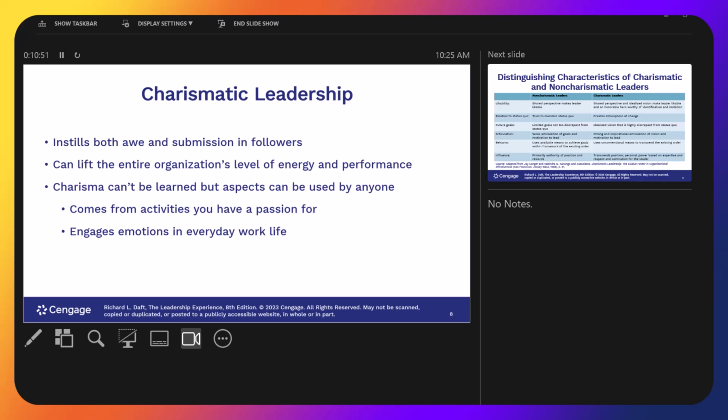When you have a charismatic leader, it's not like a light switch they turn on and off. They're charismatic all the time for the most part. And that's not something you can learn by reading a book. I've seen people who can be a charismatic leader and people who can't. You can be charismatic at times, but you may not be able to pull it off as a leader full time. These leaders are always looking to inspire and motivate folks.